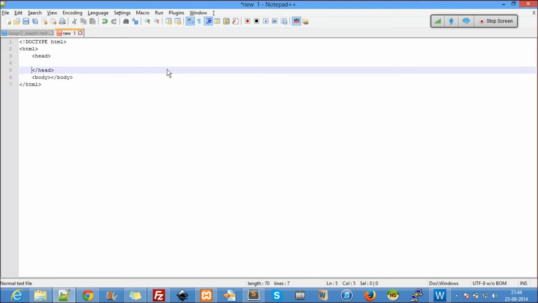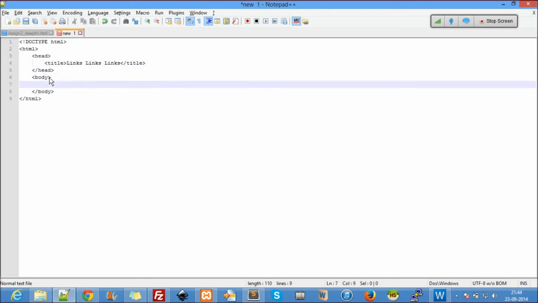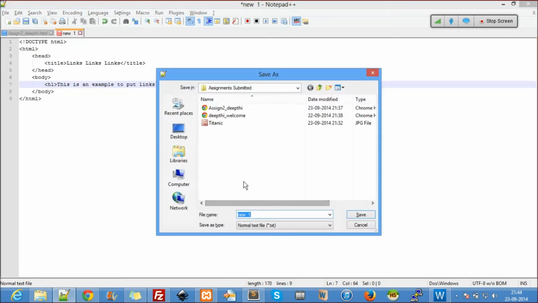Inside the head we have our title, links, and here in the body, let me just use a heading. This is an example to put links onto the web page. So let me say this.